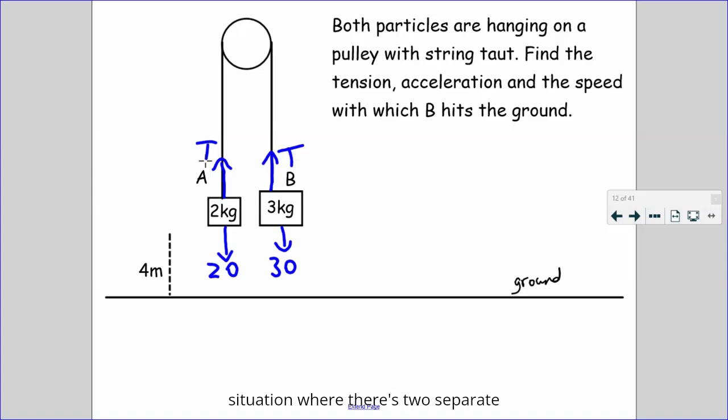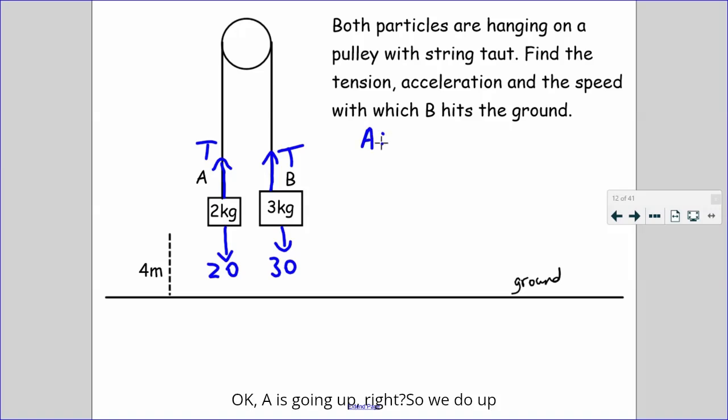If you have a situation where there's two separate strings, which we'll come on to later, that will be two different pulleys, then you can't label TT. Then you label T1, T2, or some other letter. Okay, but don't worry about that now. At the moment, one string, so both tensions are the same. Now, for particle A,